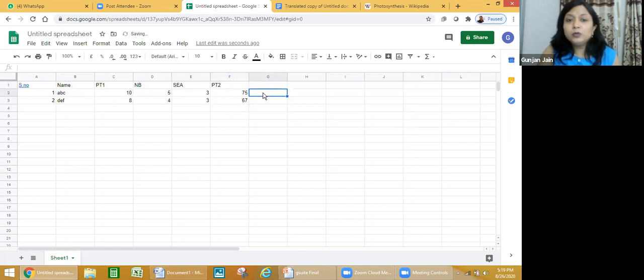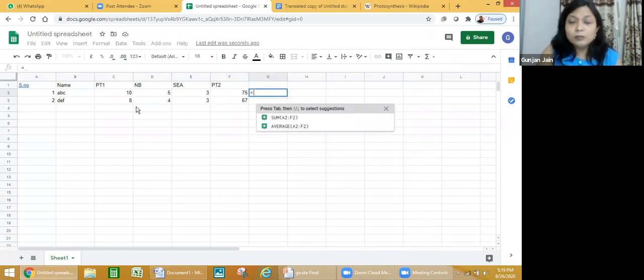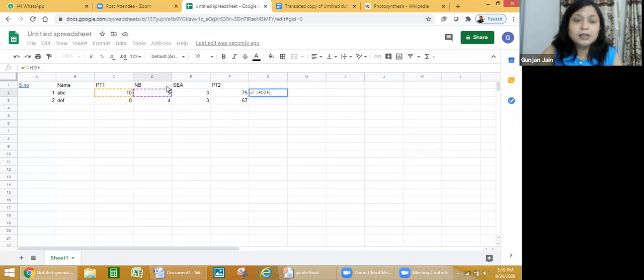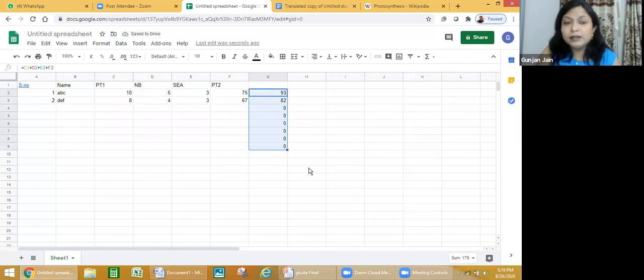Now we can also do the calculations the same way as we do in Excel. Like I want to sum all of them. So I will have to write equal to. Whenever we are doing any formula, equal to is a must. Then I will click on the cell, then I'll put a plus sign, then this, then again plus, then this, plus this. Then we will press enter. It will be totaled. We have to enter the formula only once. After that, we have to drag it using the fill handle. All the future entries will also be added like this.